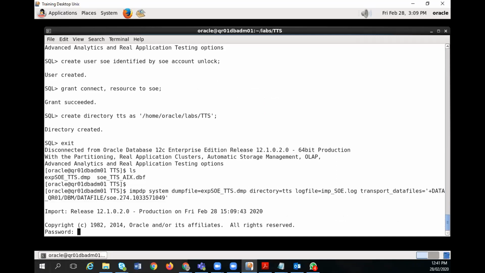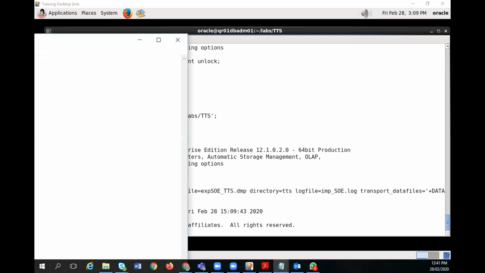It has asked for the password. Which user have I used? The system user and the Oracle system password. What is the system password? I have noted the password somewhere. Oracle. Let me check my password.